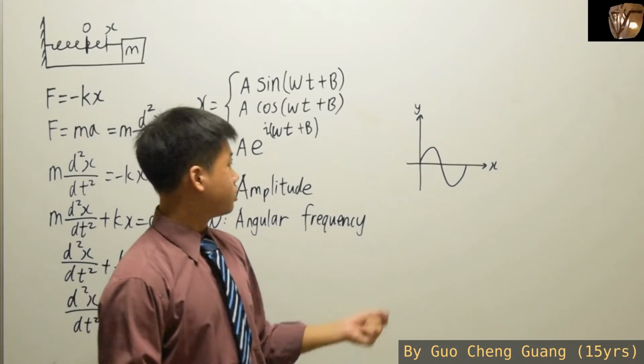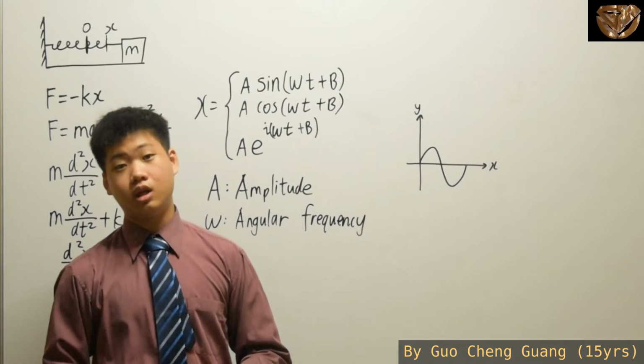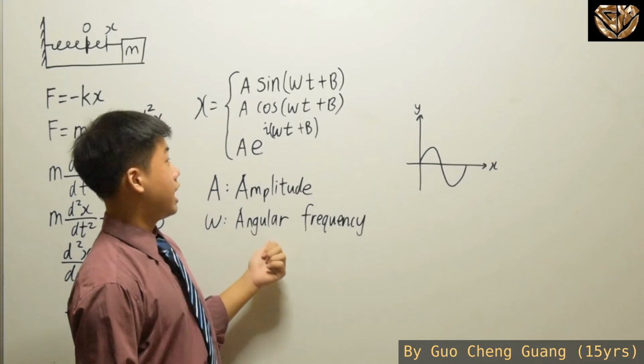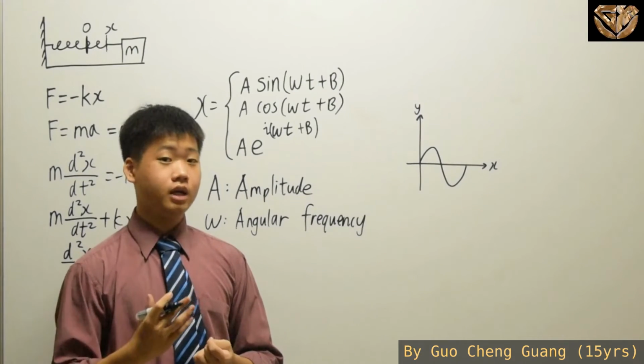That is the normal frequency that you're going to have. But for angular, since this is now angular, you would have your normal frequency multiplied by 2 pi,